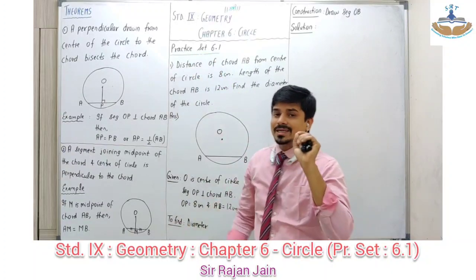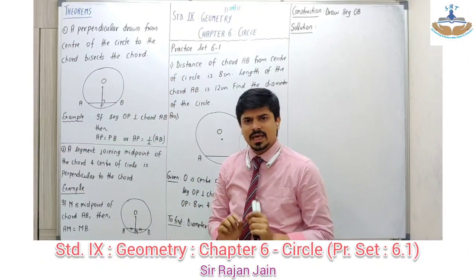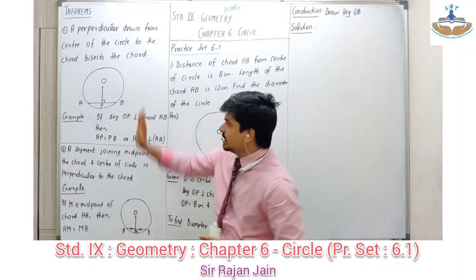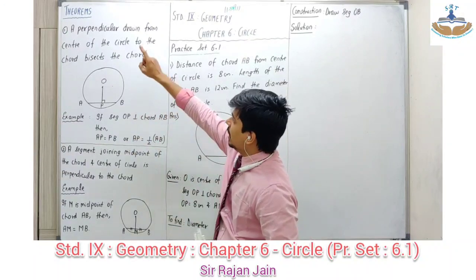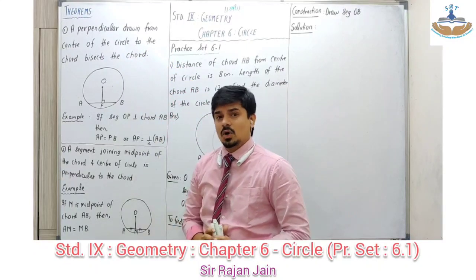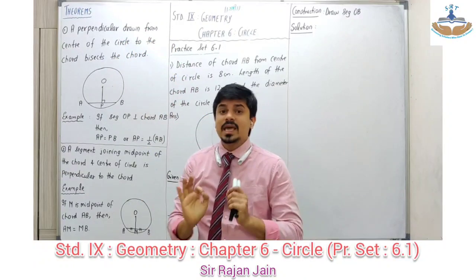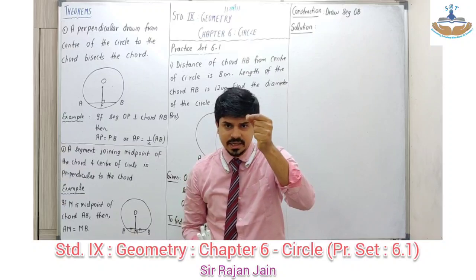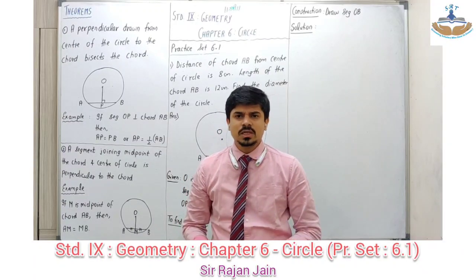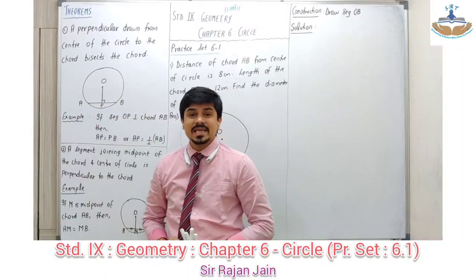As I told you that it is based on 2 theorems. So पहले वो दोनों theorem क्या है वो देख लेते हैं and then we start with the sums. Chapter is very simple. Okay, now see what the first theorem tells you. A perpendicular drawn from center of the circle to the chord bisects the chord. Okay, again perpendicular drawn from center of the circle. ये condition है. From the center, if there is a perpendicular on the chord, then the conclusion of the theorem is that this perpendicular has to bisect the chord.